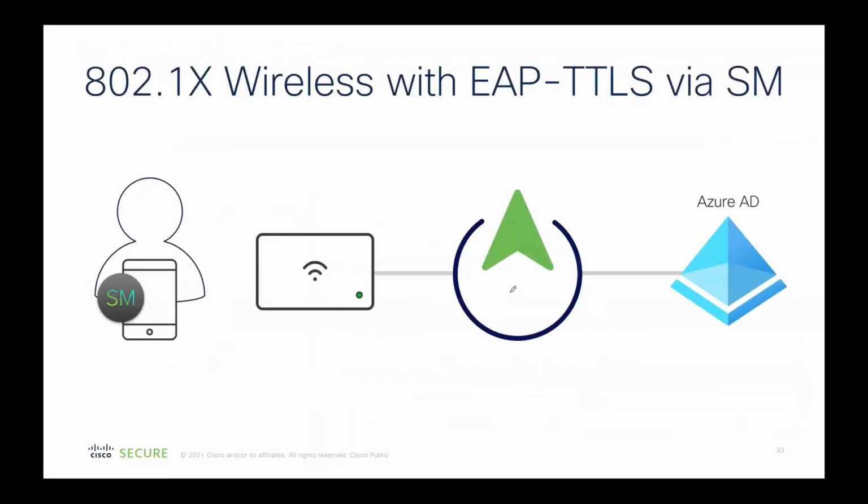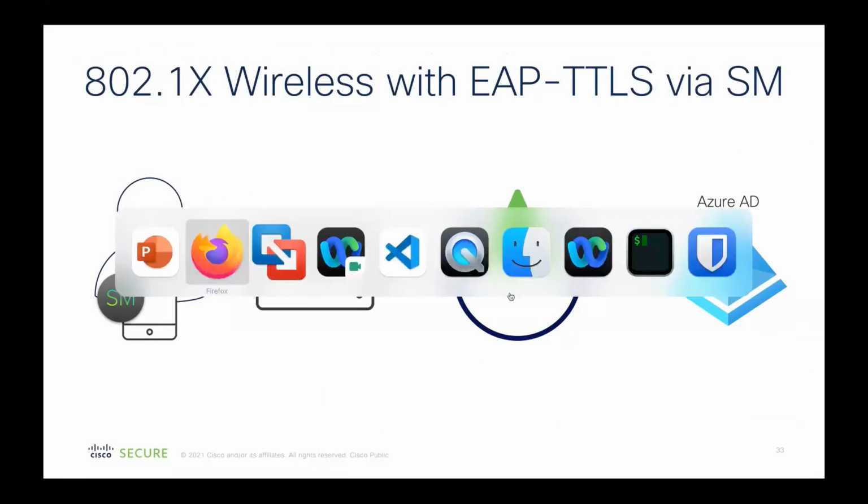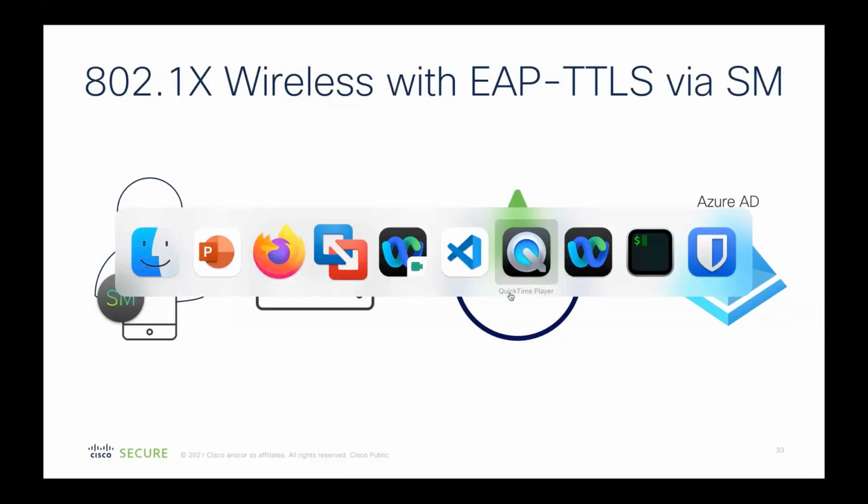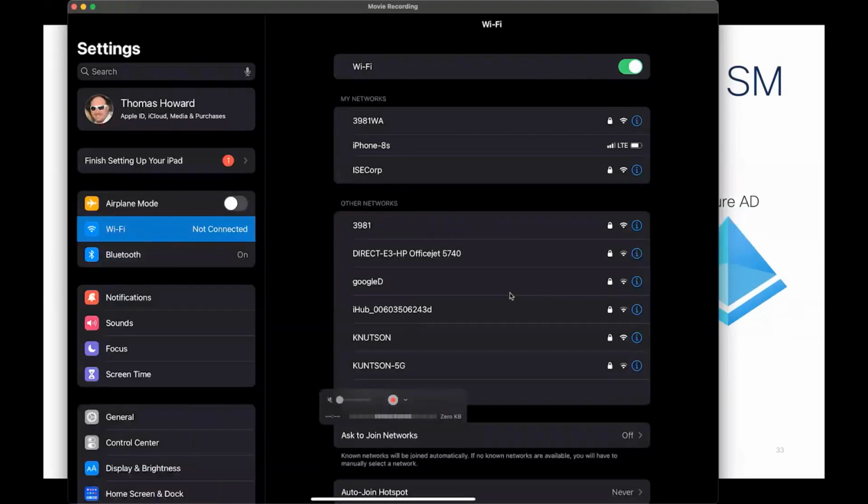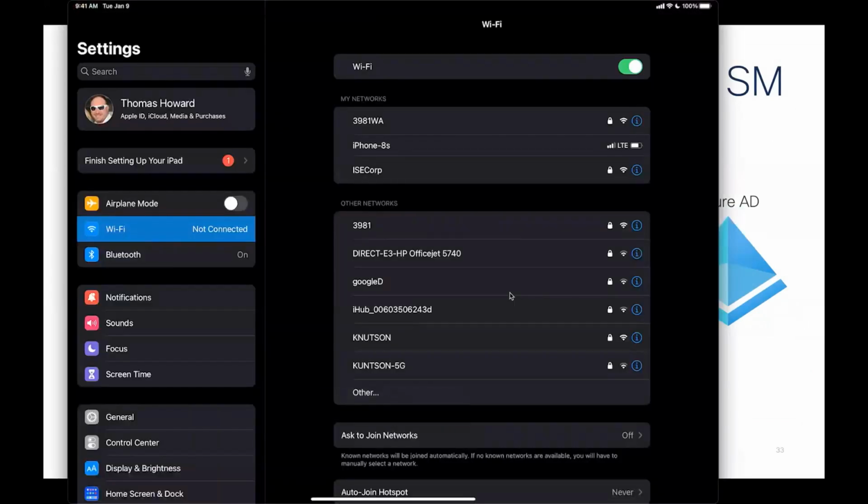So like I said, I've got my iPad here, connecting to the Meraki Wireless AP, going through ISE, doing authentication against Azure Active Directory, and then hopefully we'll get authenticated and show you all that it works. So I'm going to open up my iPad here, and there we go. So you can see, here's my iPad. I'm going to show you the